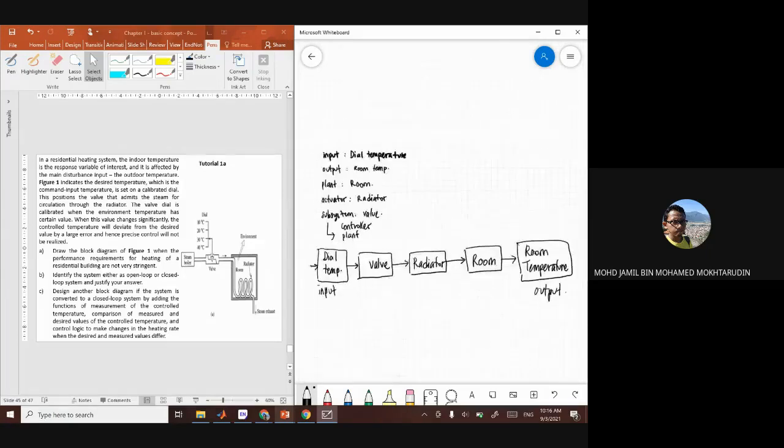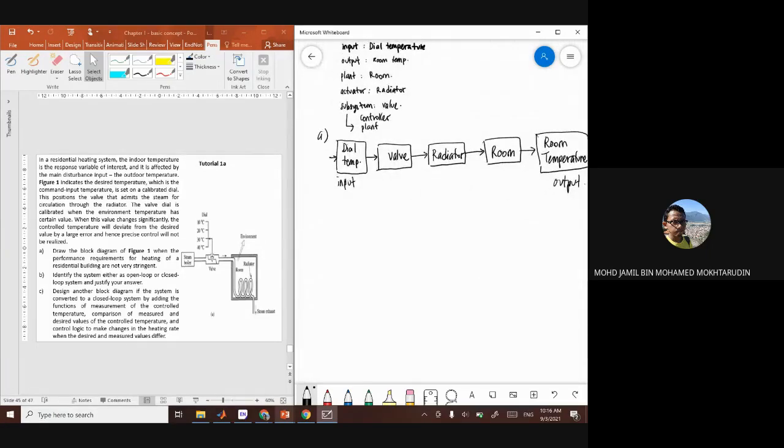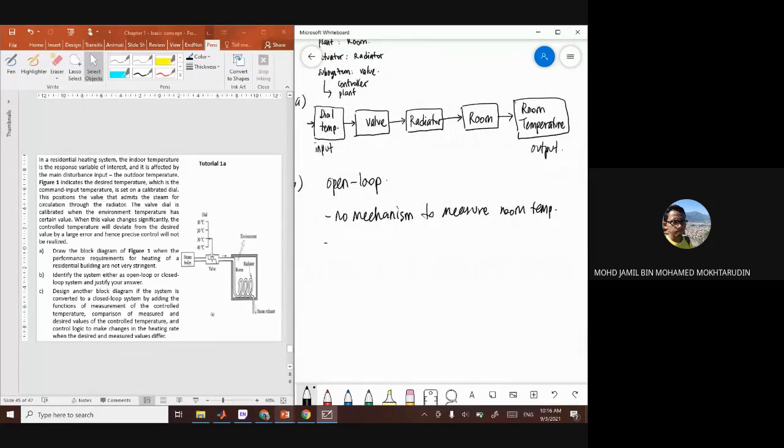Question B. So question B, this is open loop. So justify, maybe you say that from the figure there is no mechanism to measure the temperature inside the room. Okay, so no mechanism to measure the room temperature. And then